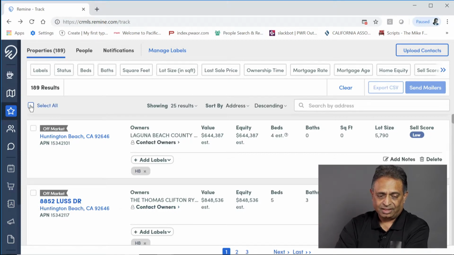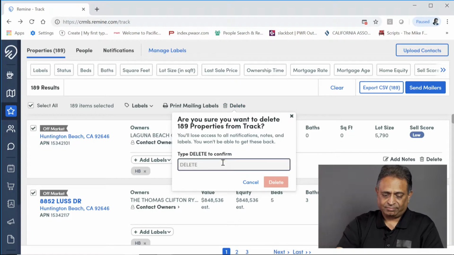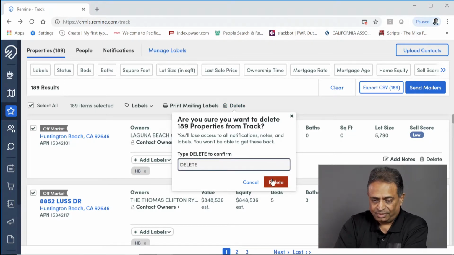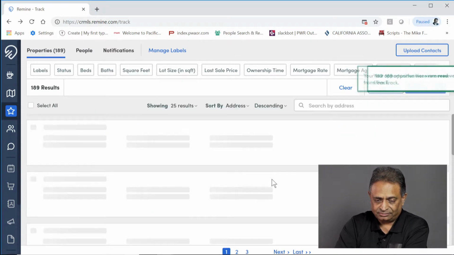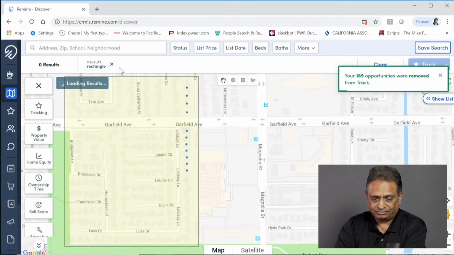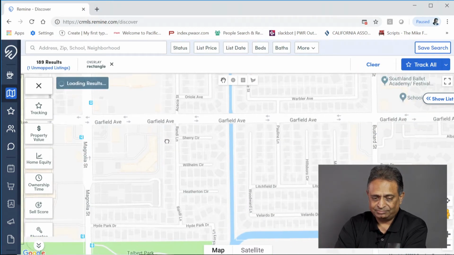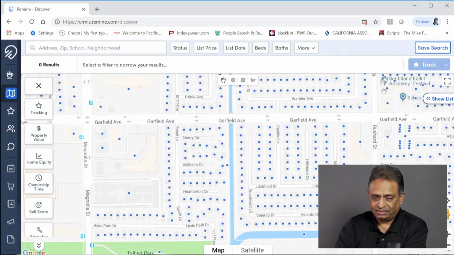Okay? Select all, delete. Okay? And you're done. Move on to the next area of the farm. So move your map, clear, get the square,